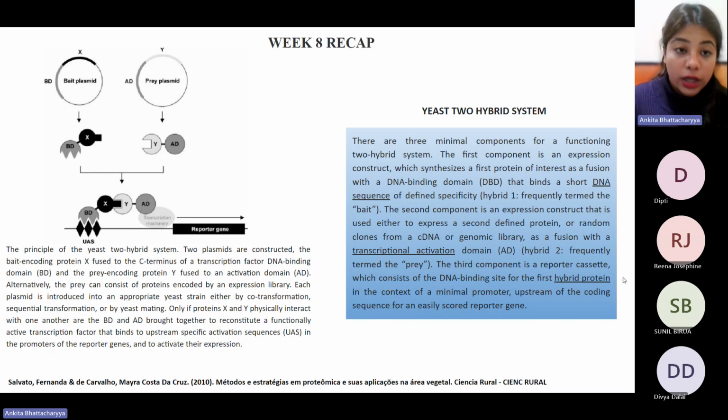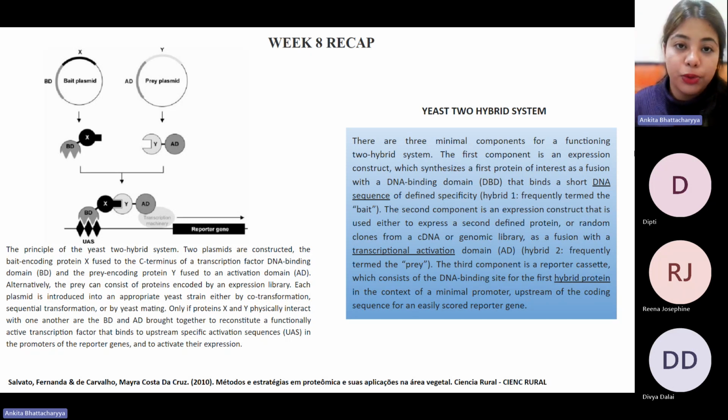Now, when we talk about protein-protein interactions, there are more modern and more evolved techniques that are used in the current scenario. This particular molecular biology technique uses the very simple principle of interaction between two proteins to identify their in vivo role, or their role inside the cellular system.